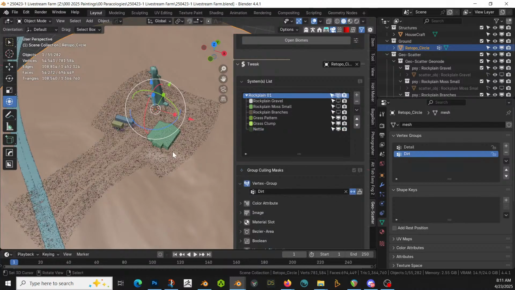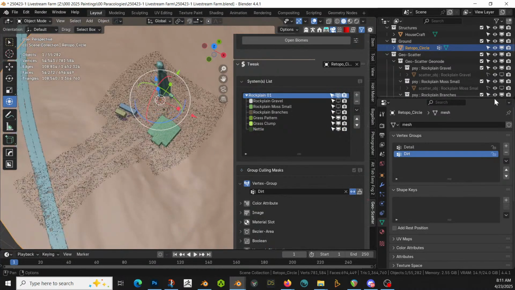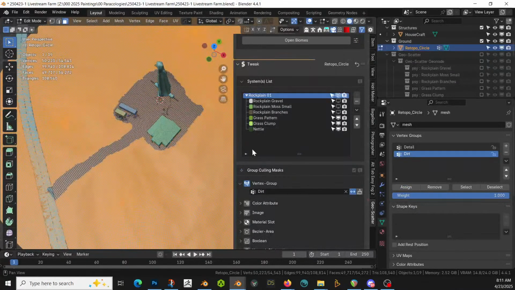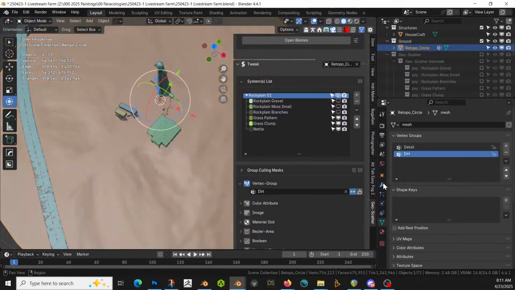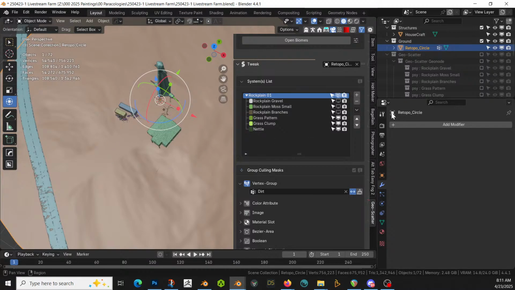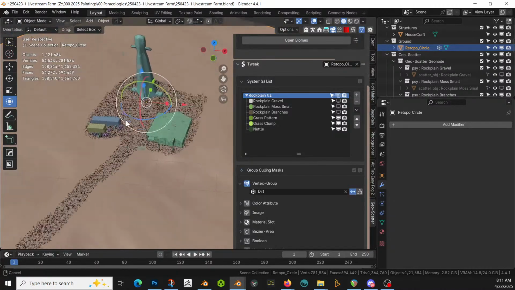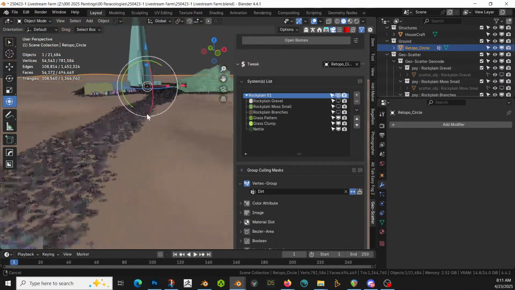No, I picked dirt. Okay. Tab. Assign. Reverse and remove. And there are no modifiers attached to that. So that should be, there we go. That's better. I don't know what the hell happened, but